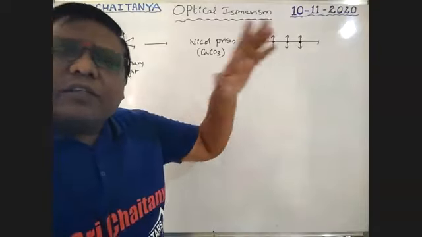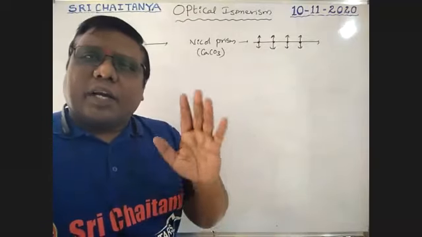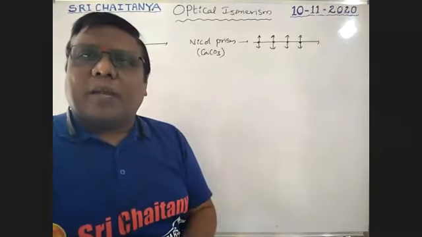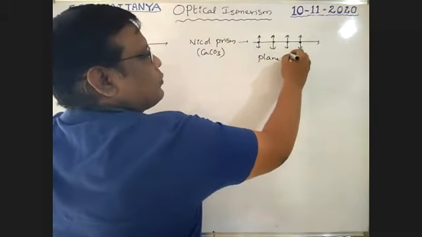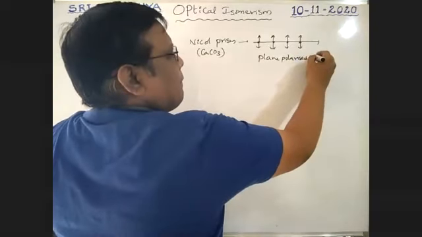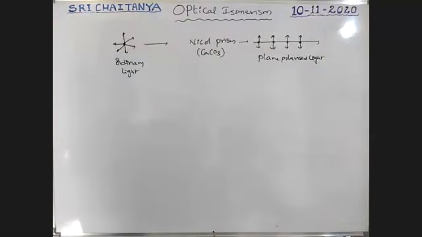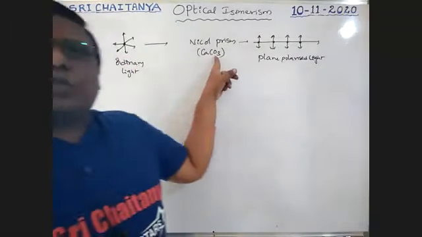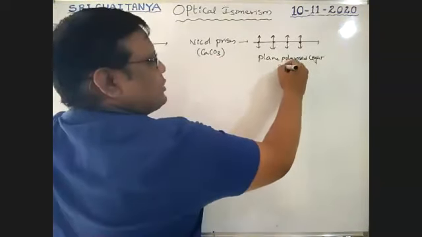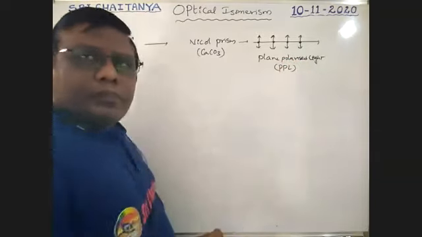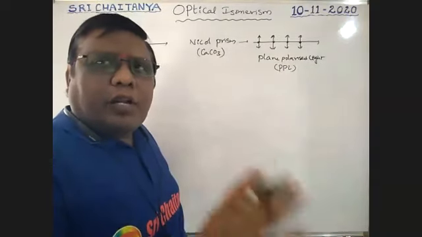So within one plane the vibrations remain, and all other planes are cut off, boys. Only one plane of vibrations is available. This light is called plane polarized light. So ordinary light, when passed through a Nicol prism, gives plane polarized light. As a shortcut, I will use PPL in future, boys. PPL means plane polarized light.